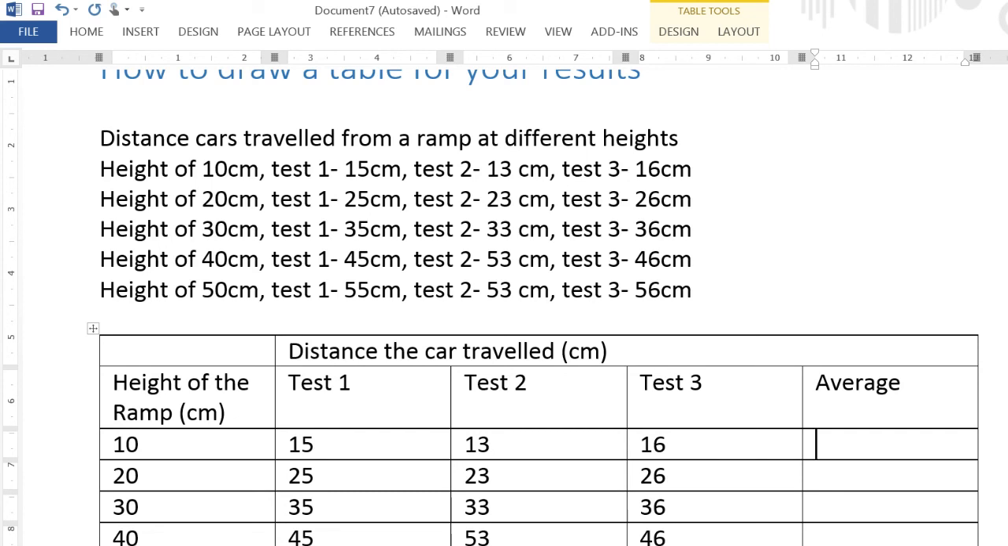You can just use an average calculation function by typing in equals, average, and then put the range of cells, which is these in brackets. But I'll be going through that with you